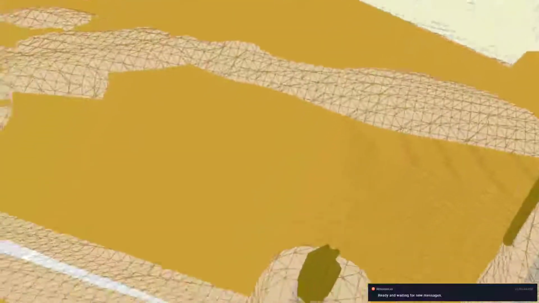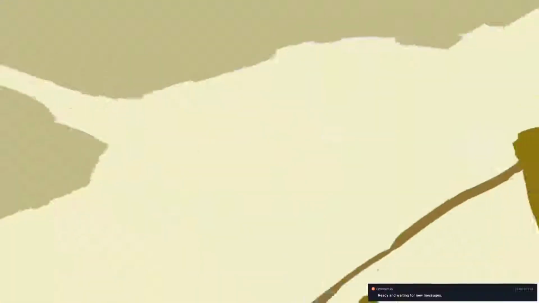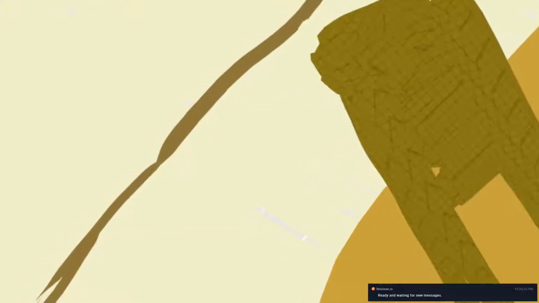And it's squared. So if you want a finer edge, you have to zoom in. This time I'm forced to zoom in for this,